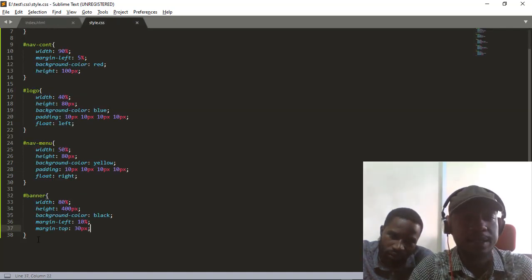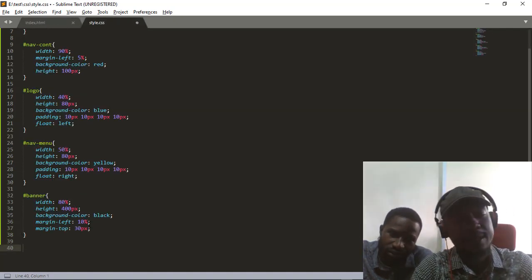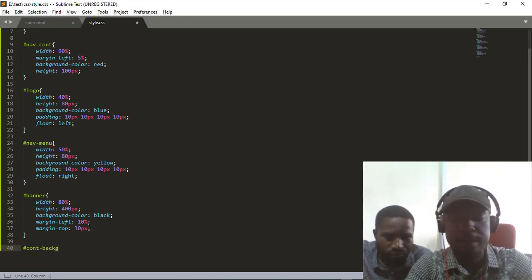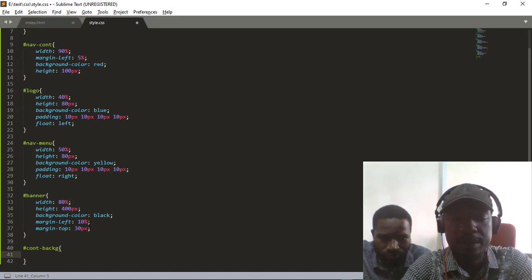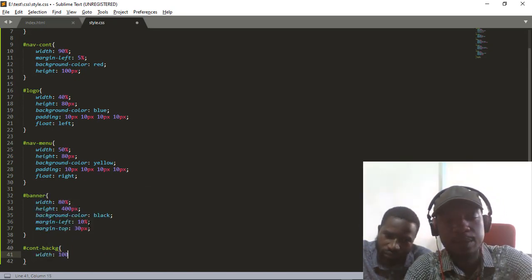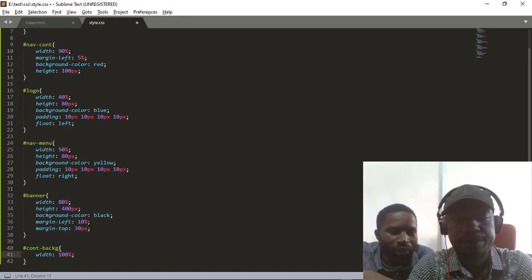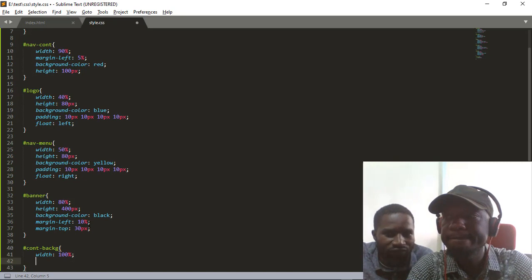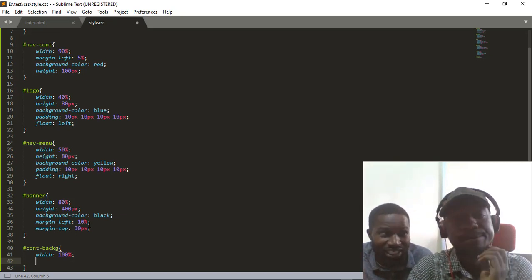I'll come now to the styling.css and style it. I need to style it first. So I'll do the hash, Ctrl V, and then I'll give it a width of 100%, because all the content is going to go inside there. The important thing with giving it a width of 100% is that when we give it a width of 100% in a machine that is 800